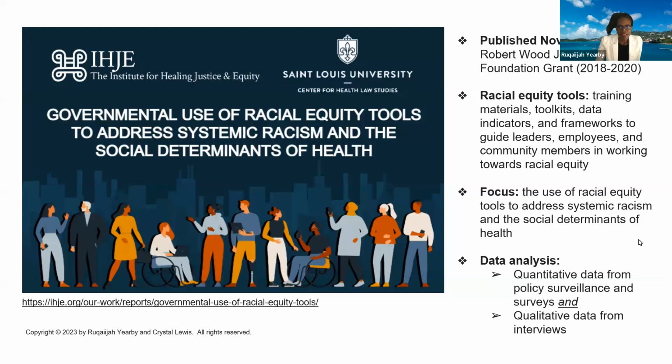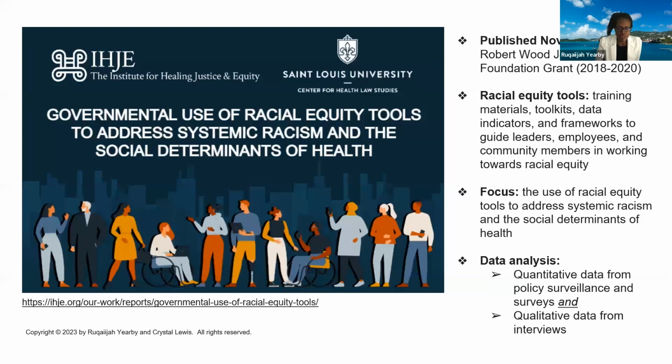I do want to highlight the key, which is that legal and policy decisions shape the way people experience life every day. While they can bolster the conditions for people to thrive, they can also create and perpetuate inequities in health, economic, and social outcomes. We use an evaluation of laws and policies to understand the impacts on different racial groups' health outcomes. We believe that law and policy can be a key strategy to advancing equal opportunity and addressing inequities in health outcomes, particularly the use of racial equity tools to measure and identify differences in access to social determinants of health,